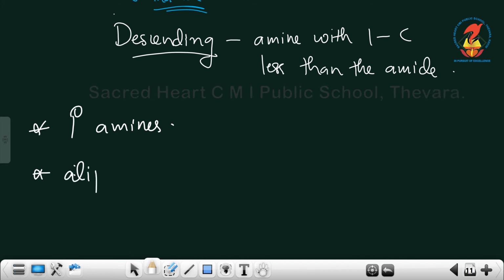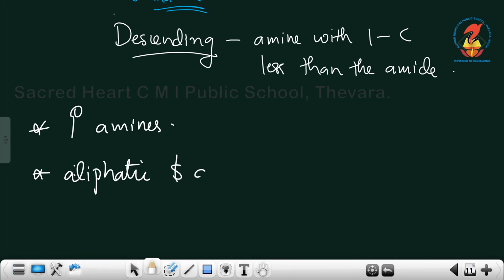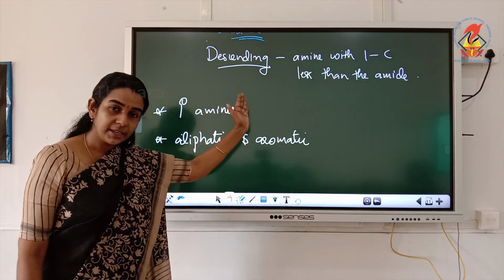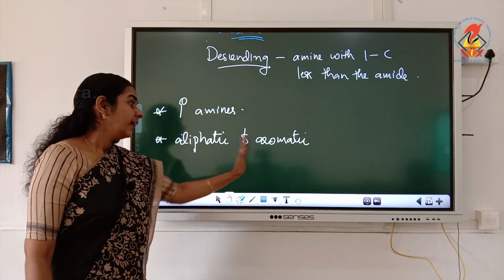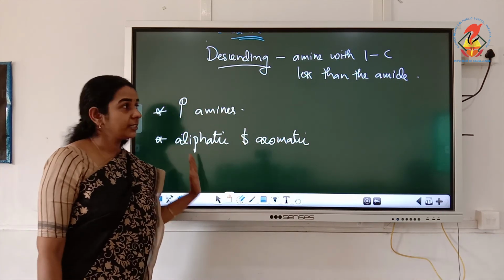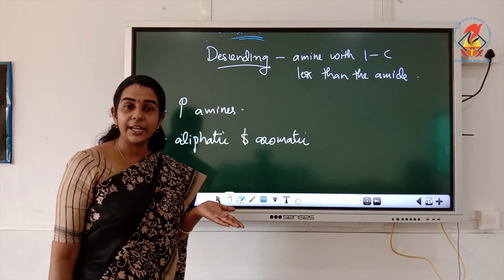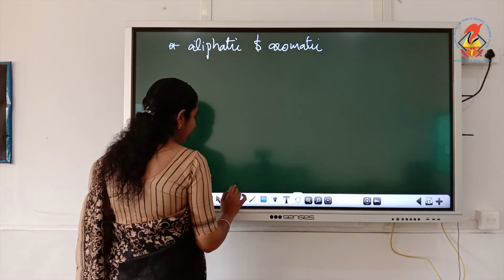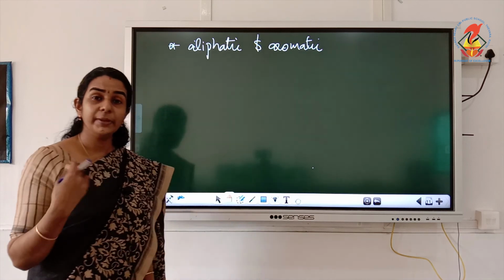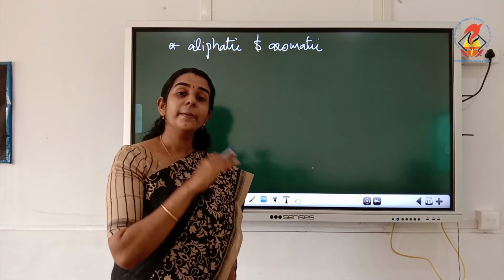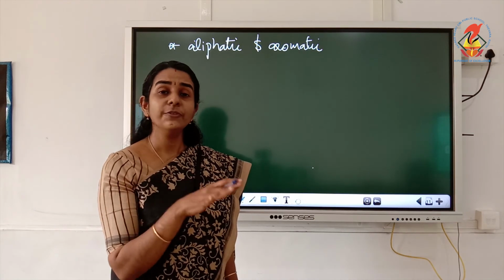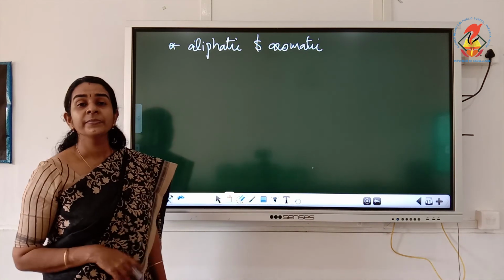We can prepare aliphatic and aromatic amines. But in Gabriel phthalimide synthesis, there also we can prepare only primary amines, but there we cannot prepare aromatic, only aliphatic, but here we can prepare both aliphatic and aromatic primary amines. Now, based on this reaction, there will be questions to find the amine from the amide as well as the amide from the amine.